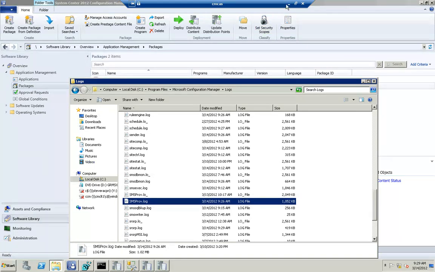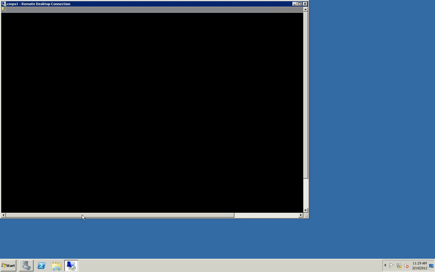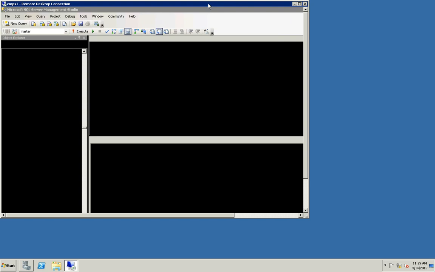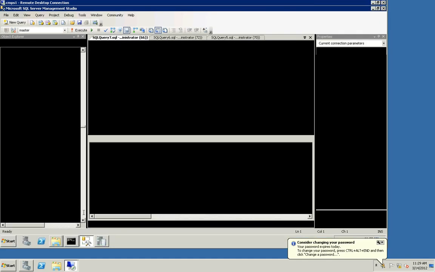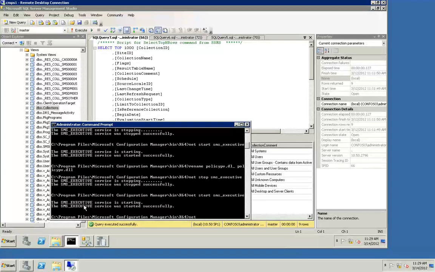I forgot to disable the processing on the child side. So let me go over to my primary site and actually do that real quick, and then I'll kind of force this to happen again. So here's my primary site, and I'm just going to, like before, stop the executive and rename a couple of components. So here,